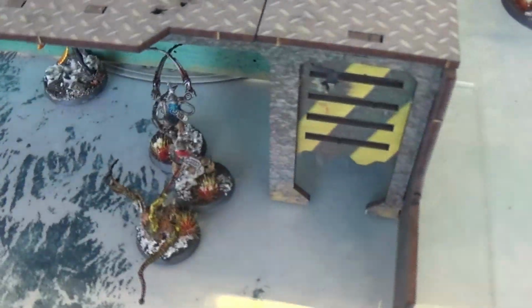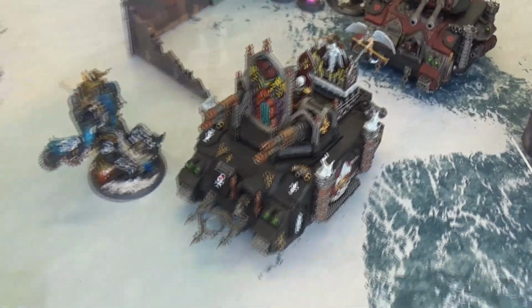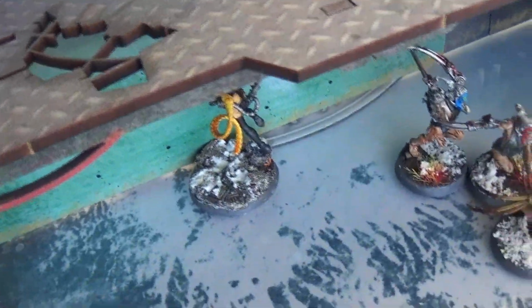The Arcoflagellants moved a little bit. The Immolator moved slightly, and then she just got on top of her base, touching ever so slightly the objective marker on this side. So, battle points wise, or victory points wise, I should say, you have...